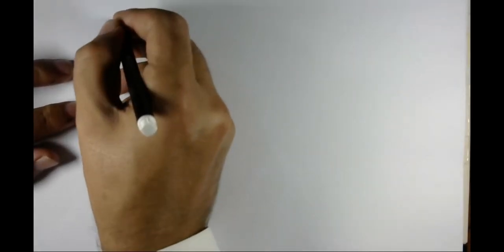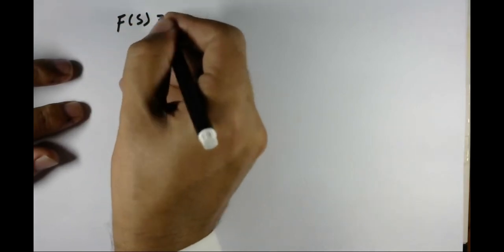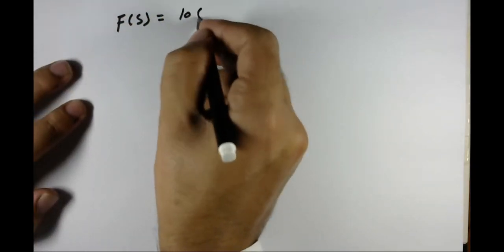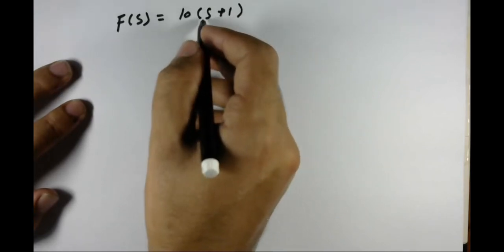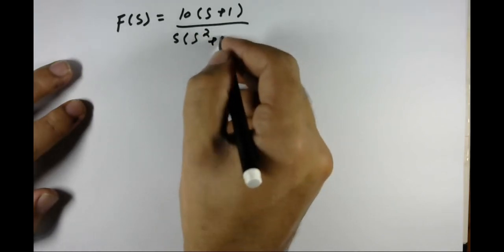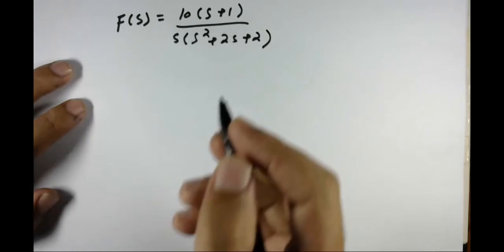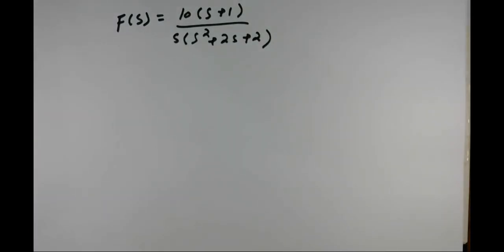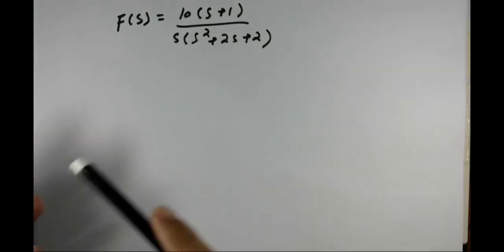For example, you are given a transfer function, let's say f of s is equal to 10s plus 1 divided by s into s square plus 2s plus 2. And somebody asks you to find the initial value and final value of f of t. But you are given only the transfer function. Here we have no idea what f of t is, because we never learned how to transform this transfer function